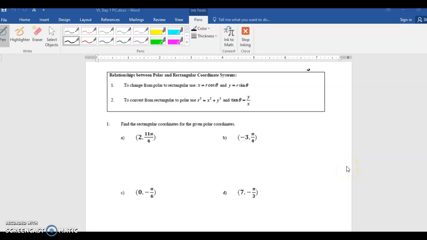Hello students, welcome to the third part of the introduction to polar coordinates. Here we are learning relationships between polar and rectangular coordinate systems, which means that we are going to convert